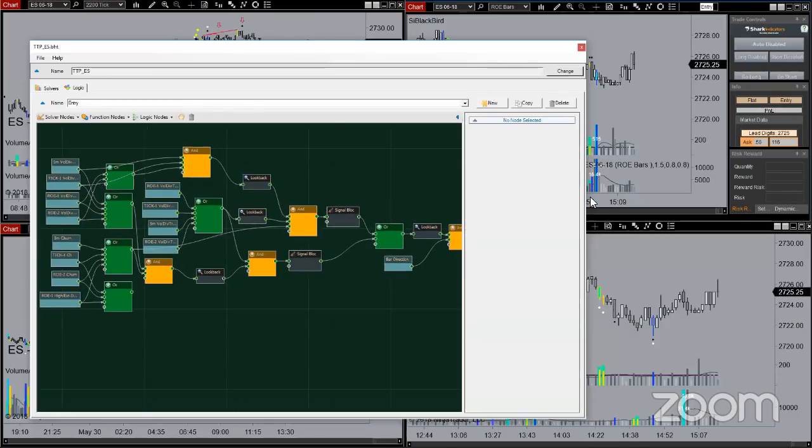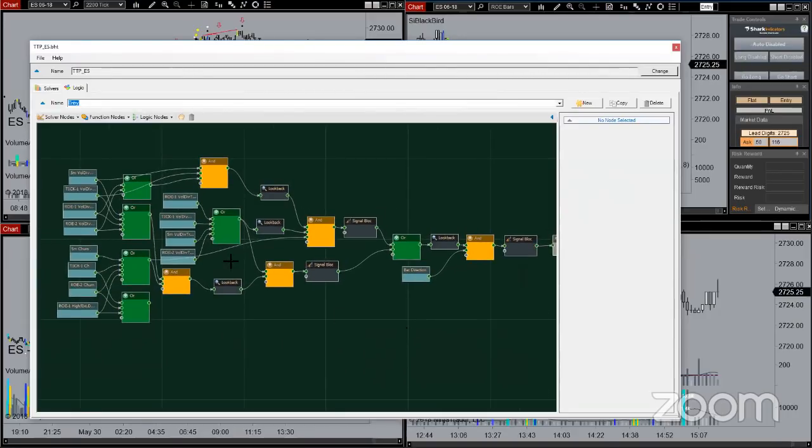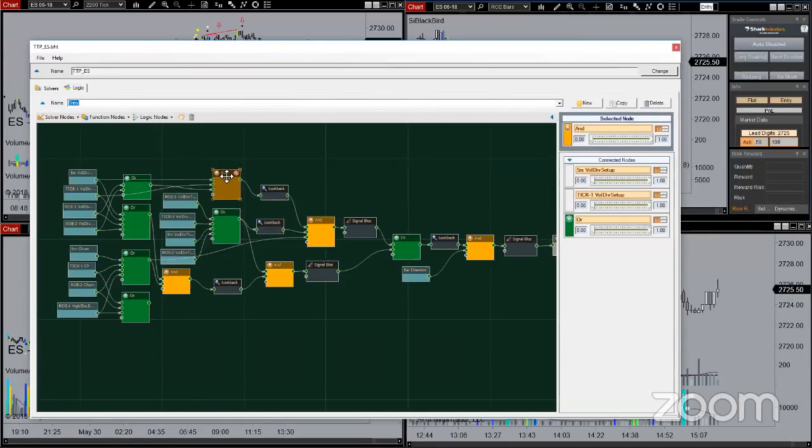So this is just one example of a Bloodhound template where I've got several different rules. Now you might think, well, that's too many, but really what I'm looking for is a confluence of essentially the same signals across 4 different time frames. Now I've added this 4th one in so that I could focus more on some of these smaller turning points